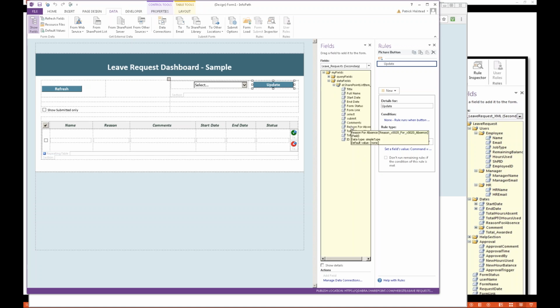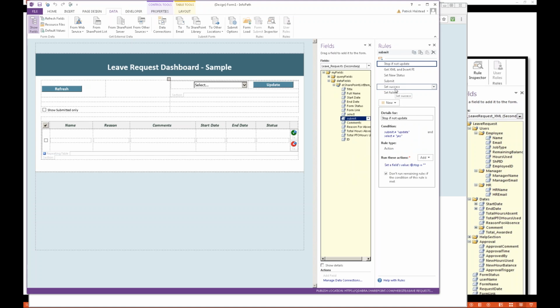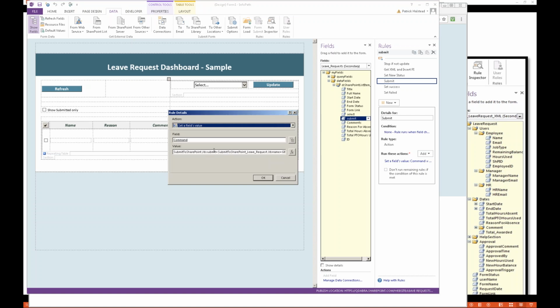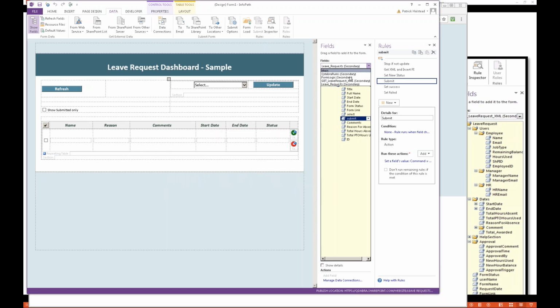So this is firing when it hits submit here. There are all these rules that submit this to the library, and this command is the same command as before, but we're pointing it at the secondary data connection, which is the entire XML. And if we look at that secondary data connection, submit to SharePoint leave request, I believe that's